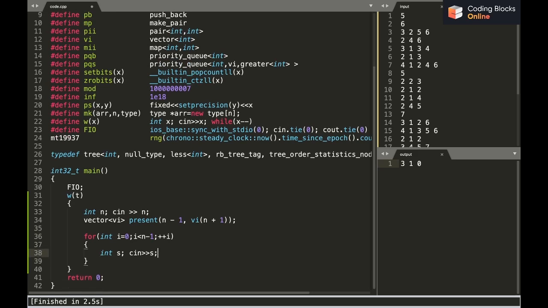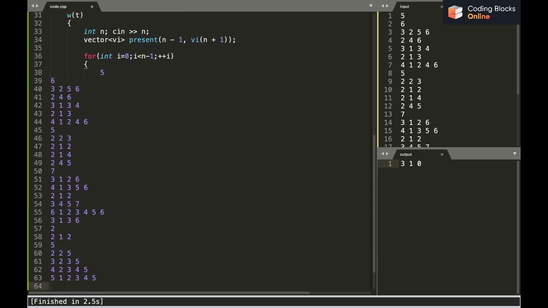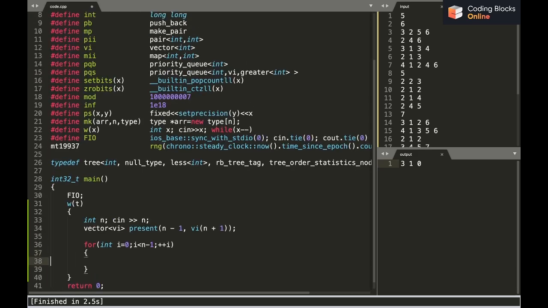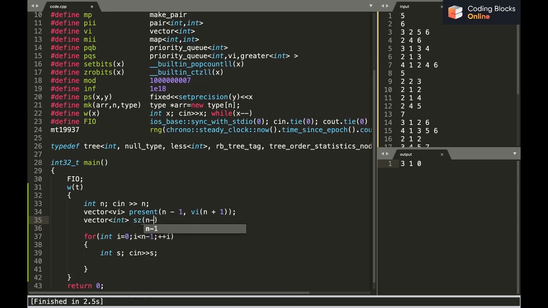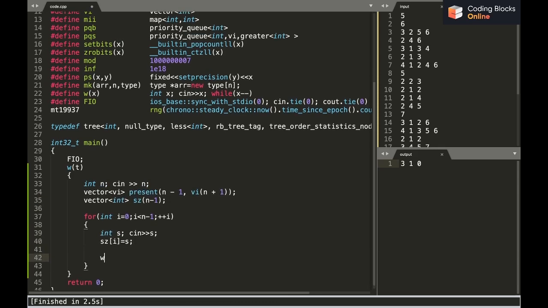Then let's take the size. Then I also need a vector for the sizes, vector int sz of size n minus 1. I'll say sz of I equals to s, because this is going to be my size.